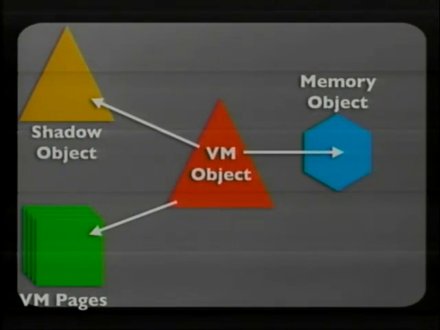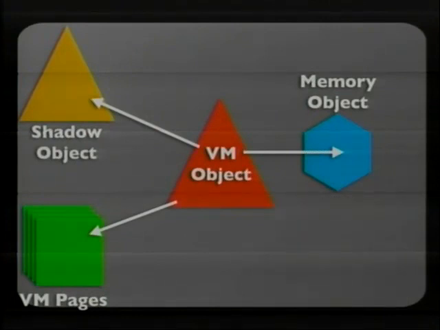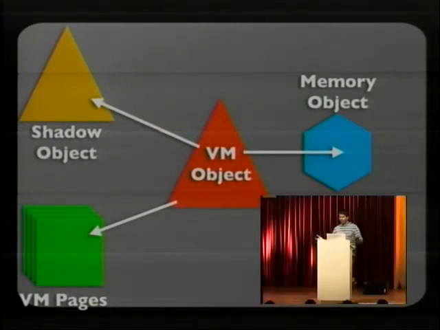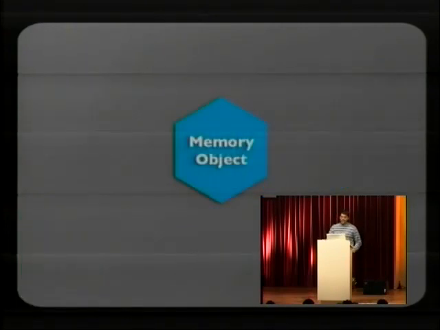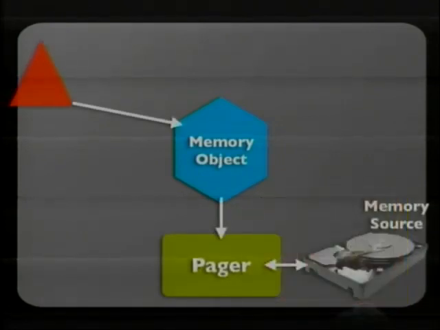So given that we know what a Mach port is, a memory object is just a Mach port. So I told you about receive rights and send rights. So who owns the receive right to this port? Well, that's the pager. And pager is just what it sounds like. Pager is the guy who actually gets the memory from wherever it lives. So now let's look at the memory object in more detail. I think this picture sums it up.